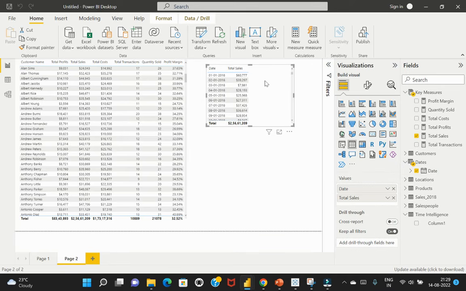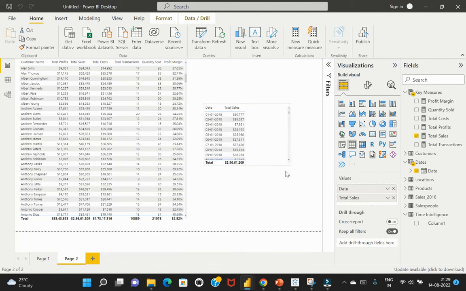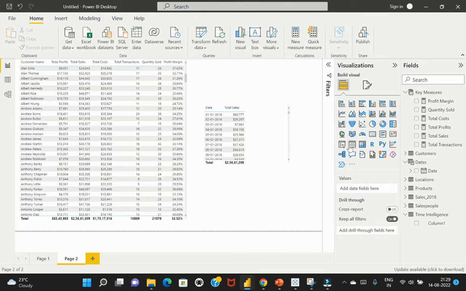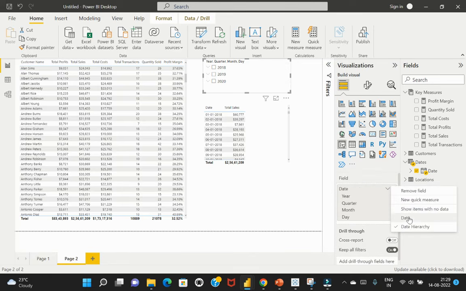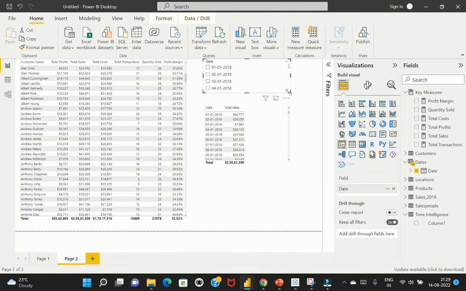So we have this date and your total sales value being shown up, and I also wanted to add a slicer. So I'll just select this date and convert that into a slicer. Now I'll change this to a date and